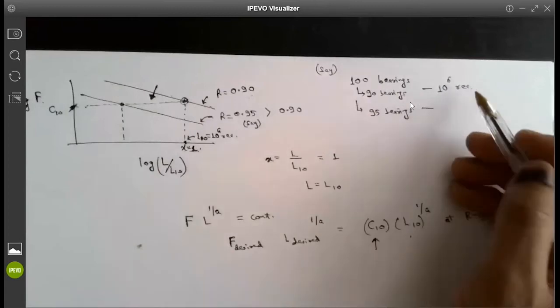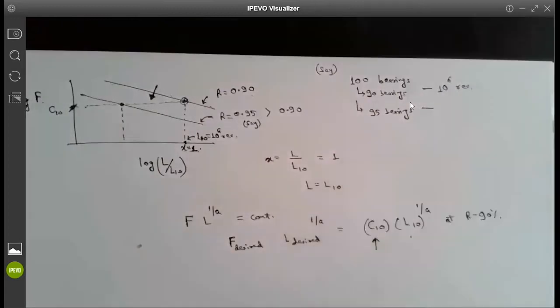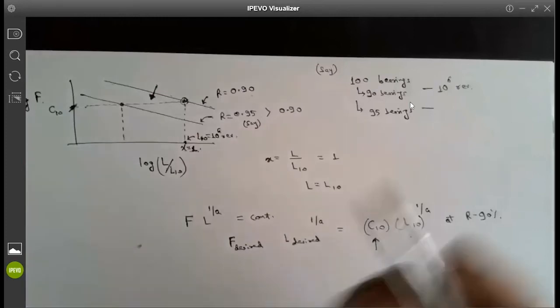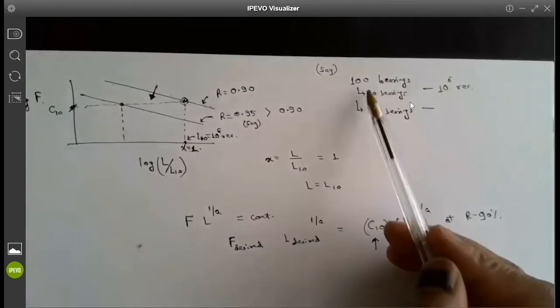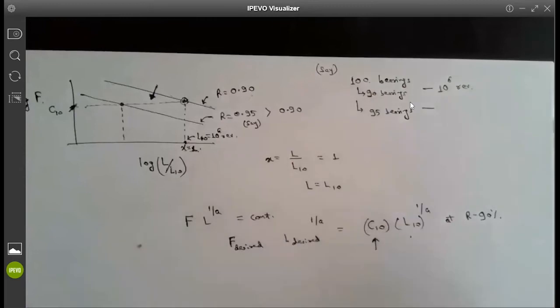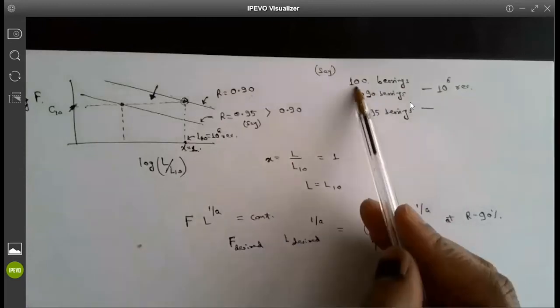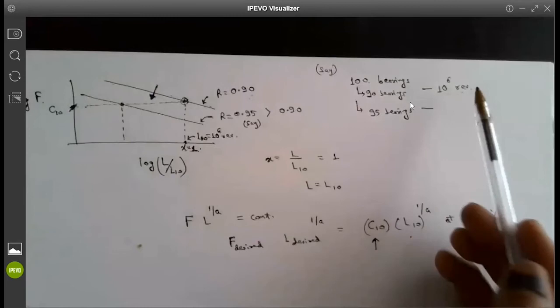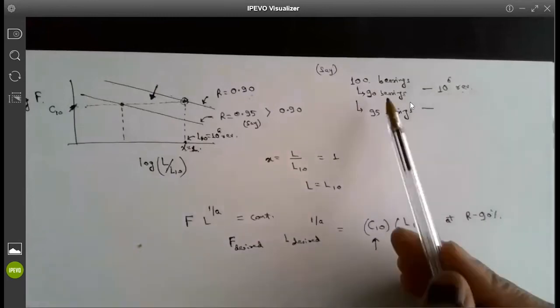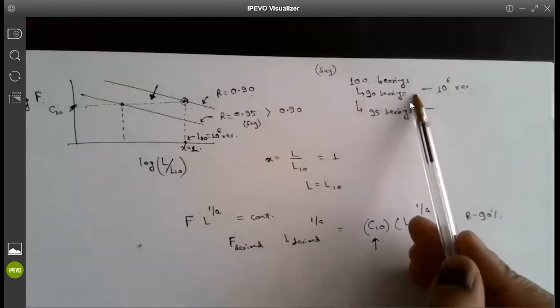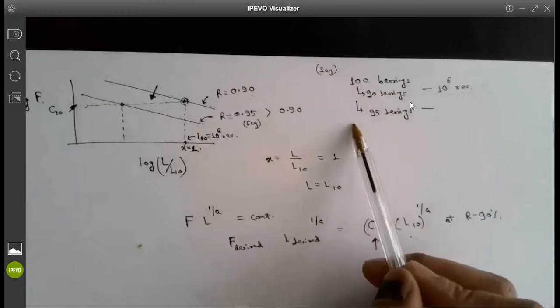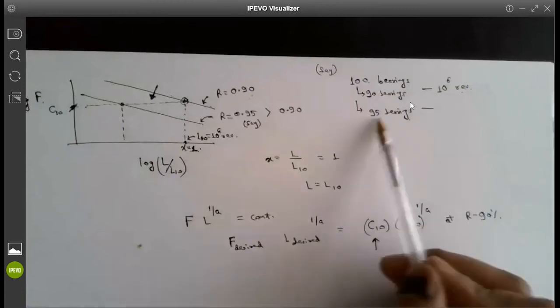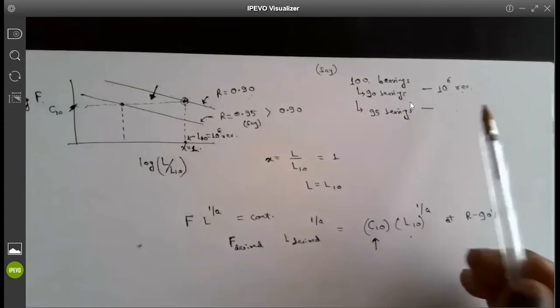Suppose all of you are working as a bearing manufacturer, and you are selling the bearings to an OEM manufacturer or an automotive manufacturer, and you are saying that out of the 100 bearings we have fabricated, 90 bearings are going to survive 1 million revolutions. Now the OEM manufacturer says, okay, I don't want the number for 90 bearings, quote me the number for 95 bearings. How many number of revolutions would the 95 bearings be able to survive? So what will be your answer?